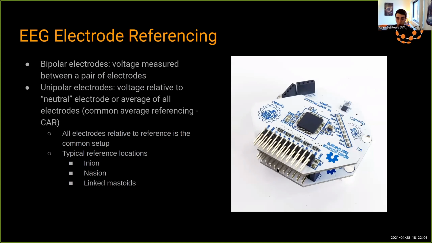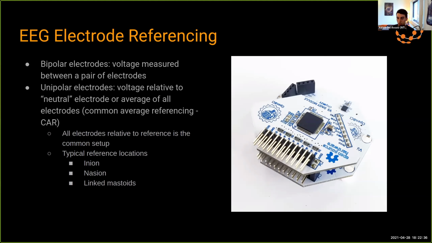And so the OpenBCI Cyton is actually capable of this by plugging into both pins here. So if you have leads connected to both of these pins, it'll do a difference between those rather than a reference on the ear. And there are some other referencing methods as well that are typically done in software, not at the hardware level. One of the awesome things that we get with the OpenBCI Cyton and probably a lot of other